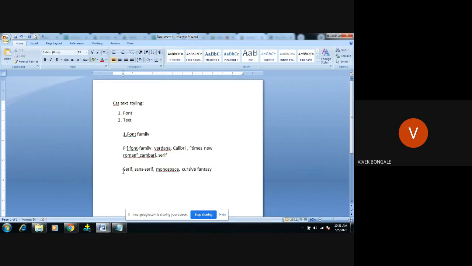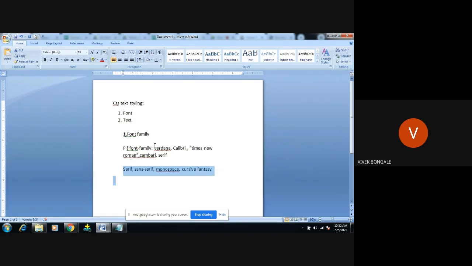These are the 5 default font styles supported by all browsers. Even my browser, your browser, whichever system has a browser, all browsers will support these 5 font styles.